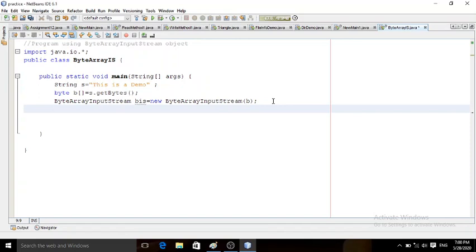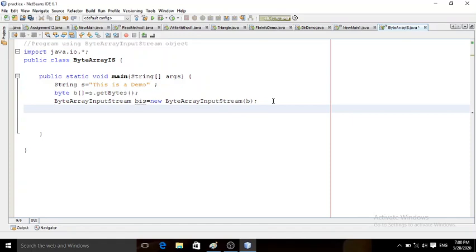So if we want to read byte by byte, definitely we have to use the read method. There are multiple overloads, and we can use whichever is suitable. Here I am using the simple read method, reading data byte by byte from our byte array.